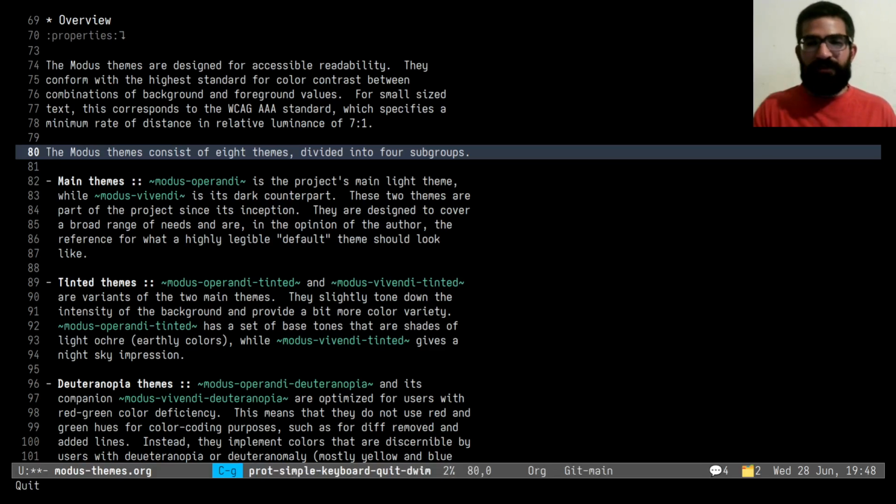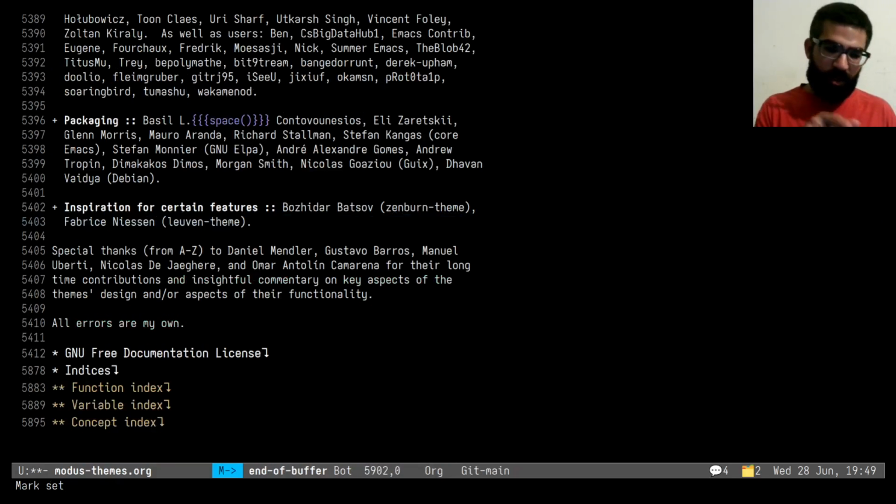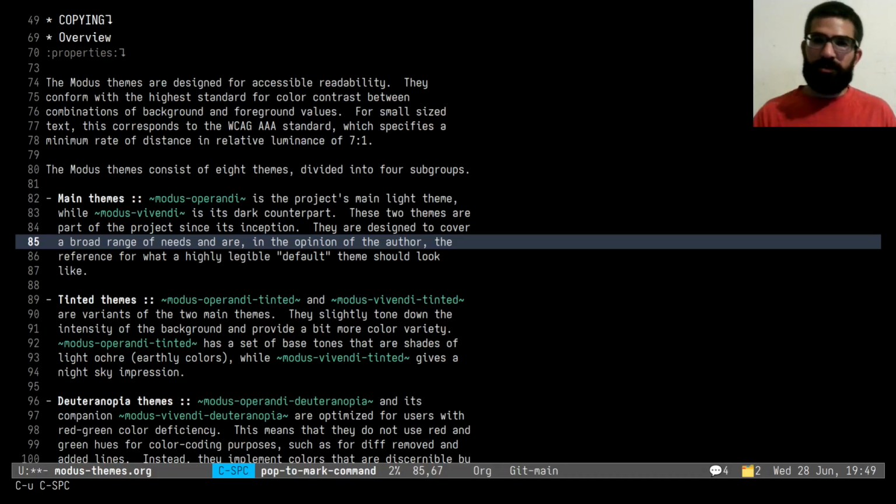But imagine you have a larger file and you do something like that. So you want to go back to what you were doing. Let's see it like this. So I am on line 80 here. Let's actually pop the mark, set the mark here, line 85. Okay, Control Space twice. And now I will perform a jump to the end of the buffer, like this. Notice that it says Mark set. So if I now do Control U, Control Space, I am back to line 85 where I set the mark